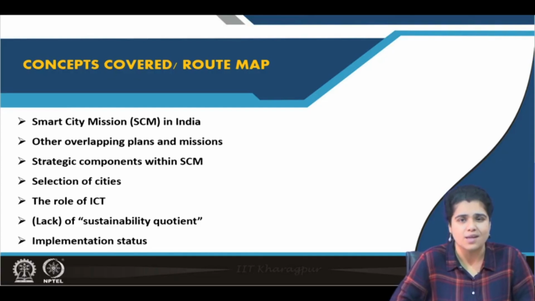We will later discuss how meaningful these ventures are being finally, but yes, at least in official terms, to kind of craft a meaningful impact on the Indian urban environmental scene. So, we would discuss strategic components within smart city mission, and also the process. We will not discuss a lot, but a bit on the process in terms of selection of cities. The role of ICT, this is also fundamentally important, the role of ICT, information communication technology in creating smart cities